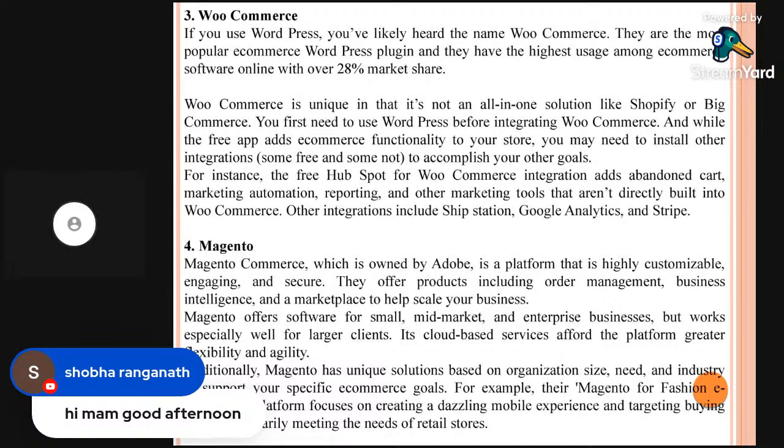In addition, Magento has unique solutions based on organizational size. For example, Magento for fashion e-commerce focuses on creating a dazzling mobile experience, targeting buying options, and primarily meeting the needs of retail stores, all these things. Then Squarespace,